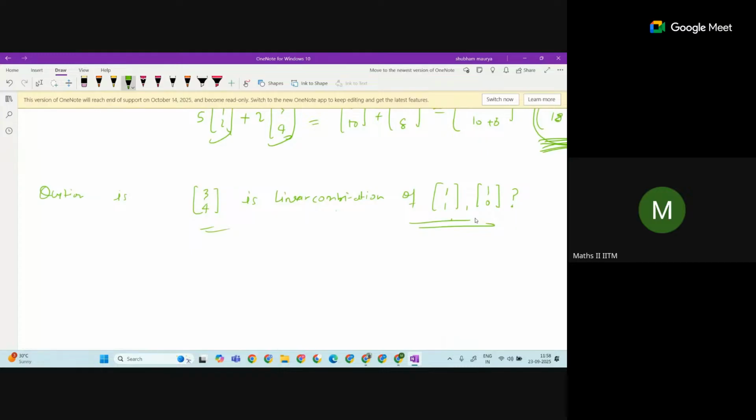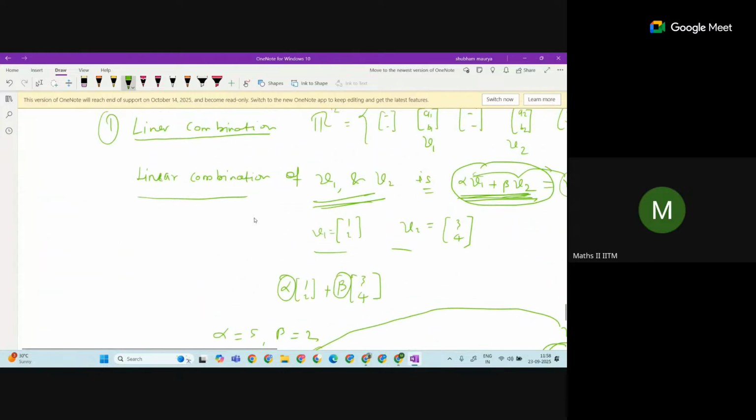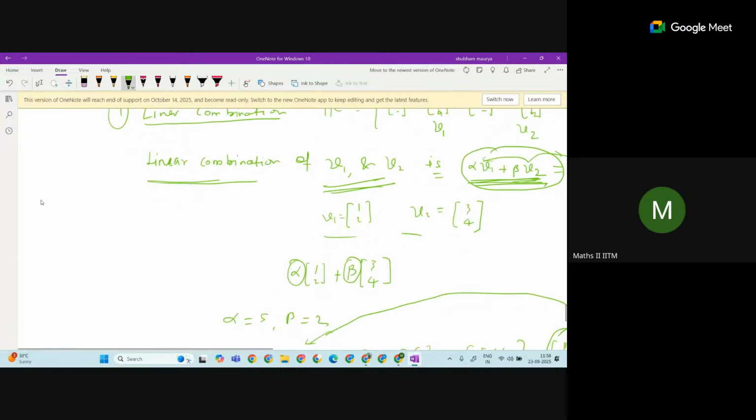I am saying the vector is a linear combination of these two. What does it mean? Follow the definition. Or I am slightly changing the definition, I will say this is another definition: V3 is said to be a linear combination